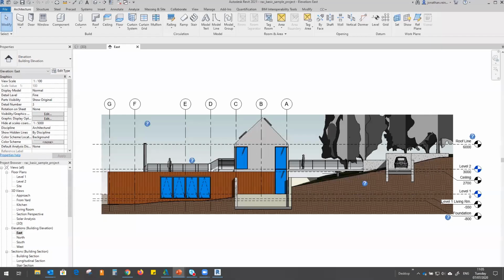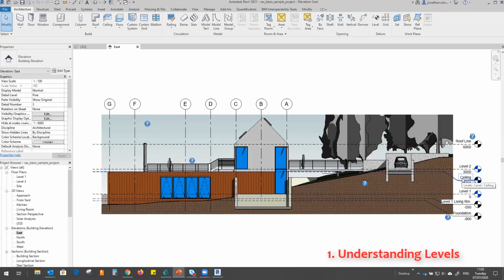So the first tip I want to cover today is just to help you understand how levels work, because it's one of the first new ways of working that definitely surprised me, and I feel getting your head around that initially is one of the best things you can do when you first start using Revit. So here we have an elevation view open, and we can see on the right hand side here